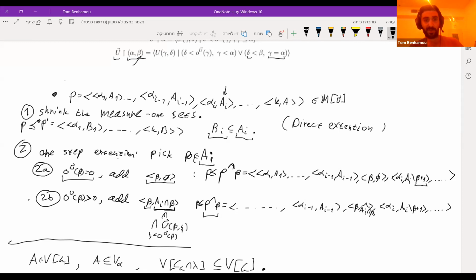Tom, so that basically means you can forget about case 2b. No, why? I thought, didn't you just say you can work below a condition in which every point reflects in that sense? Yeah. So I can just forget about this requirement. Yeah. Sorry, I meant you can forget about case 2a.